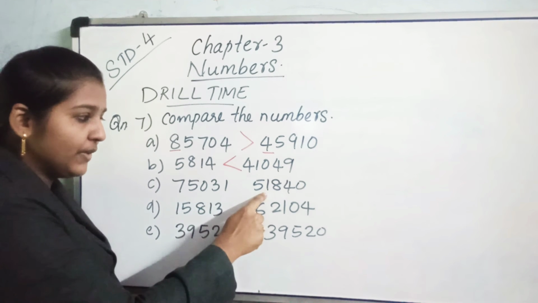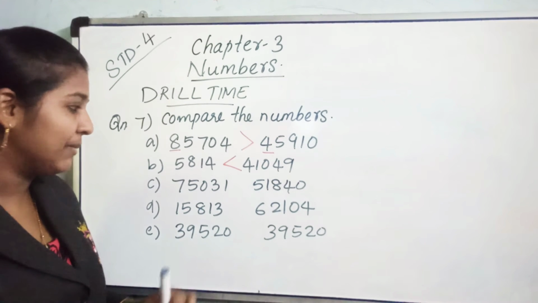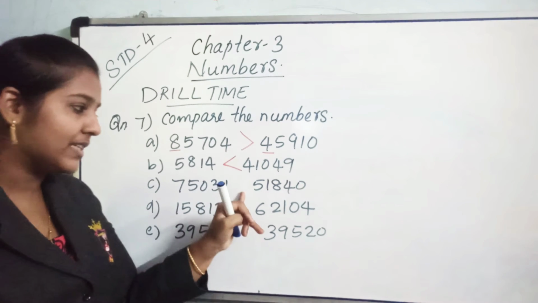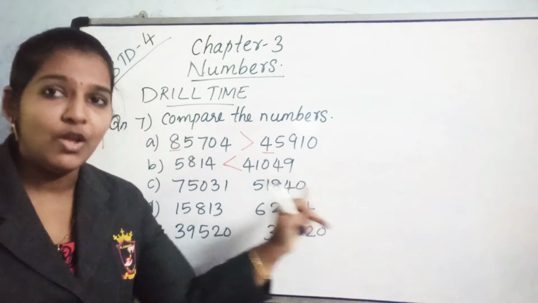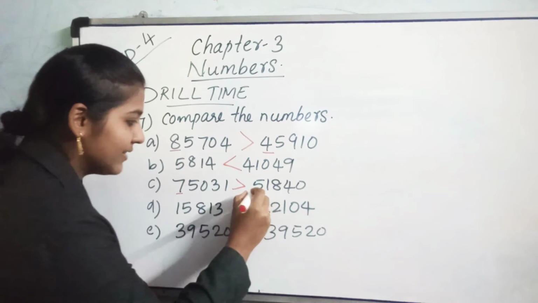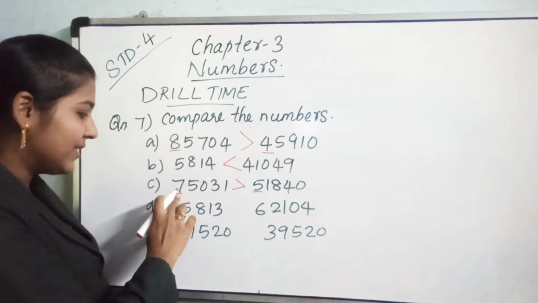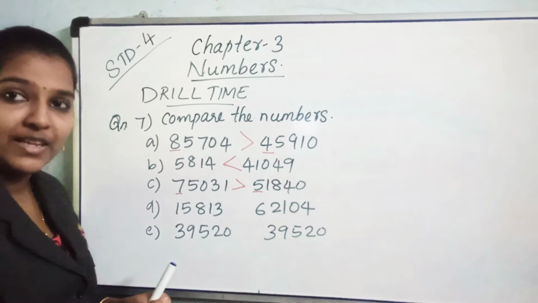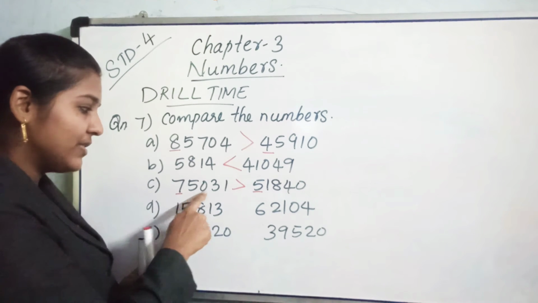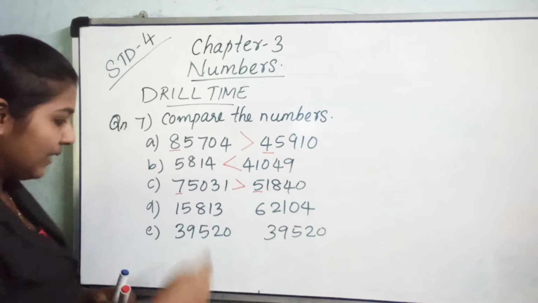75,031, 51,840. Okay children, tell me which is the greater number? Yes, 75,031 is greater than 51,840. Isn't it? Yes, because both are 5-digit numbers and here the 10,000 place digit is 7 and here it is 5, and 7 is greater than 5, that we know. So 75,031 is greater than 51,840. Now the next question,